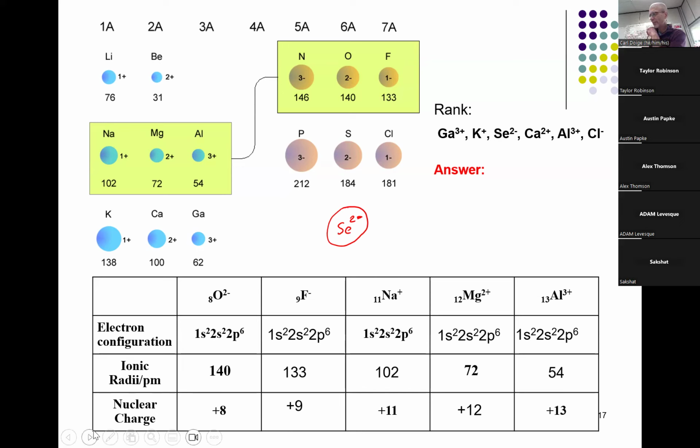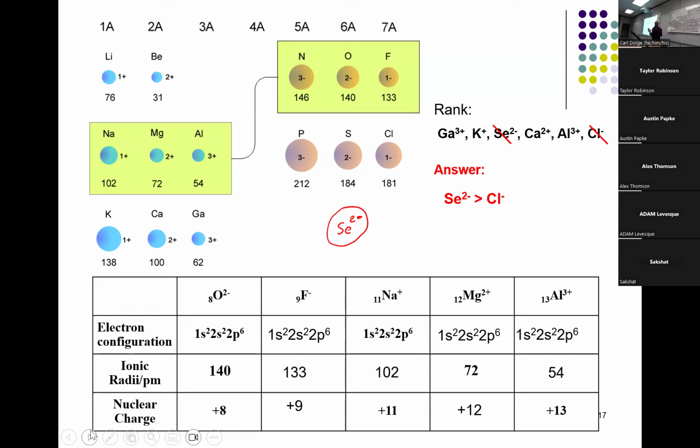So I think you'll find that's a good place to start. Selenite. And I think I crossed it out. So, okay, we've dealt with selenite. What can I compare against selenite? Well, I can compare sulfide. So I know sulfide would be smaller. Is there anything here that I can compare directly? Oh, chloride. Chloride would be smaller, right? Because that's part of an isoelectronic series. So chloride would be the next thing that I can compare. All right, so chloride would be smaller.